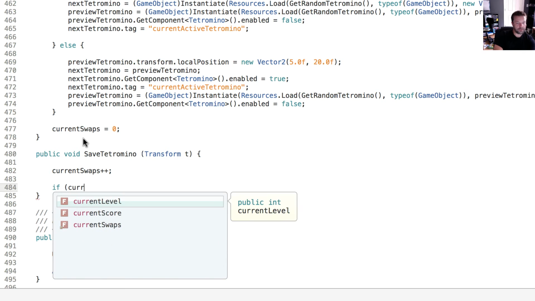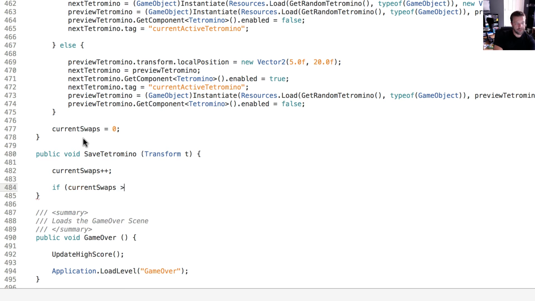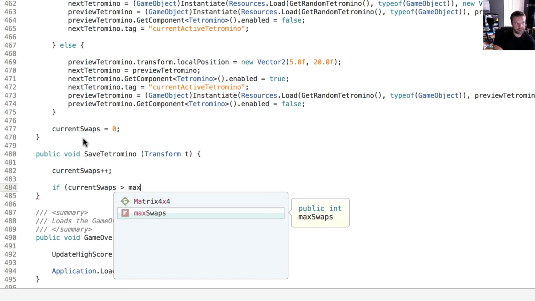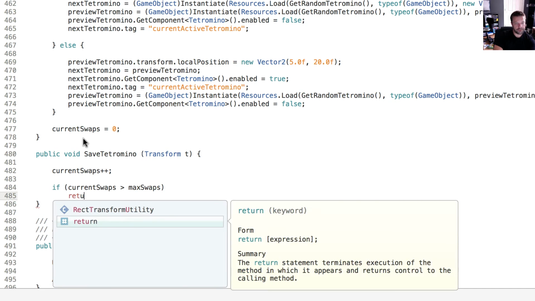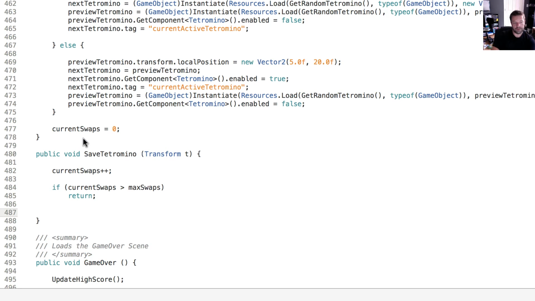So if our current swaps are greater than our max swaps, then we want to return, because we don't want to continue to be able to do anything with this method because we've already exceeded the amount of times that we want to allow the user to swap. Okay. So next thing, we need to actually